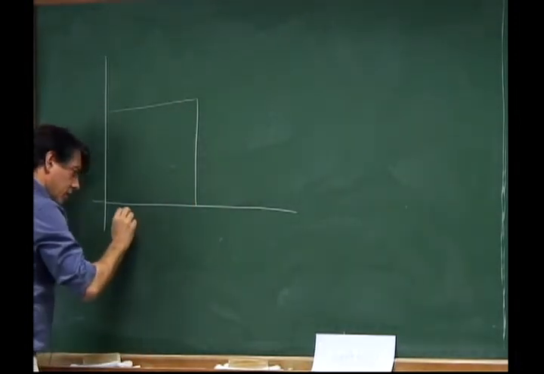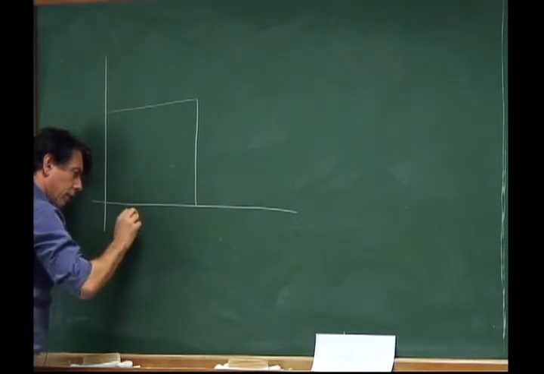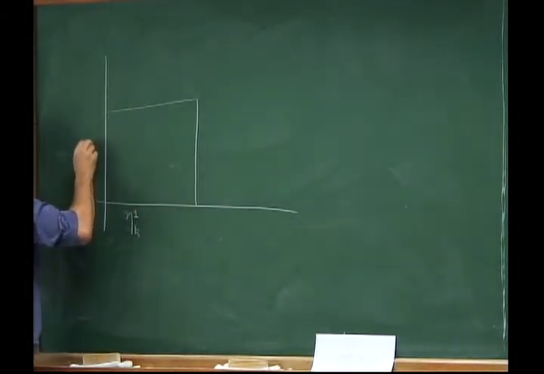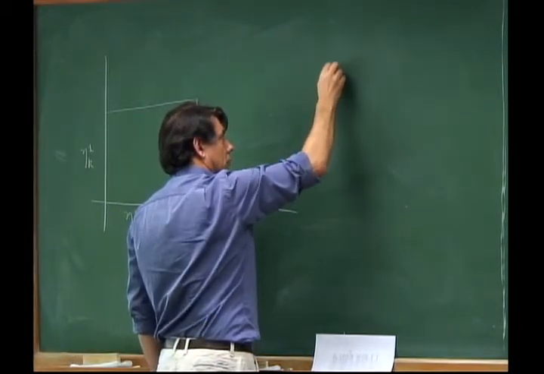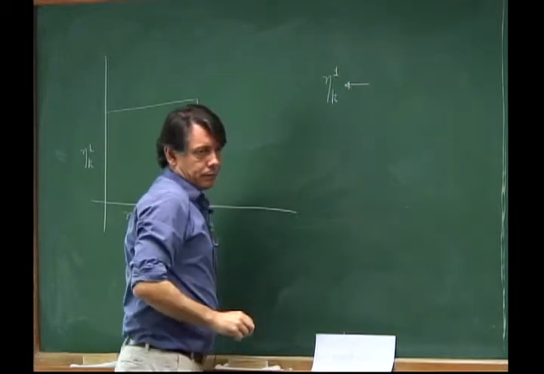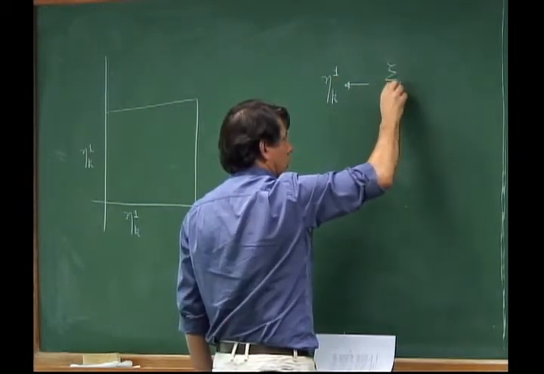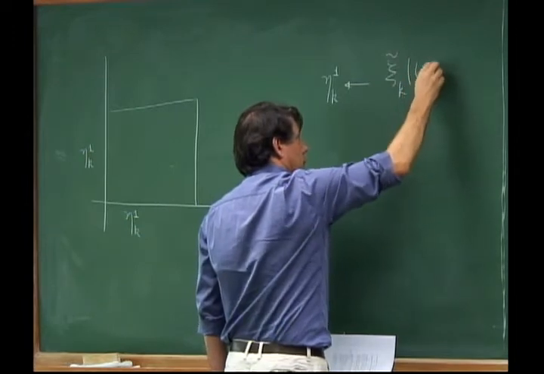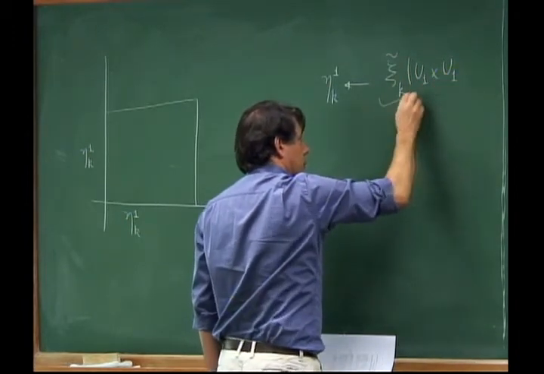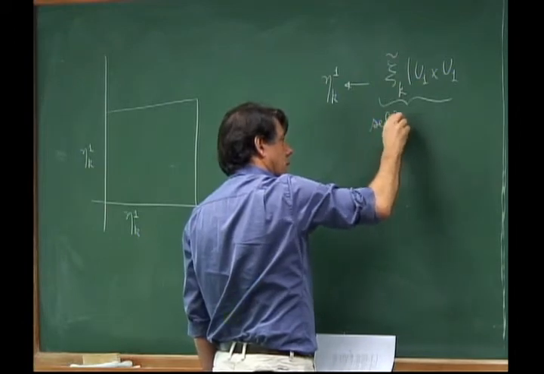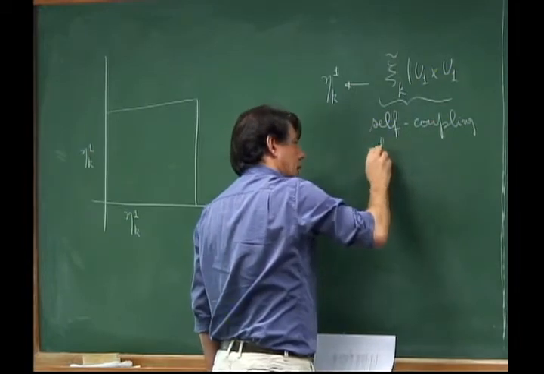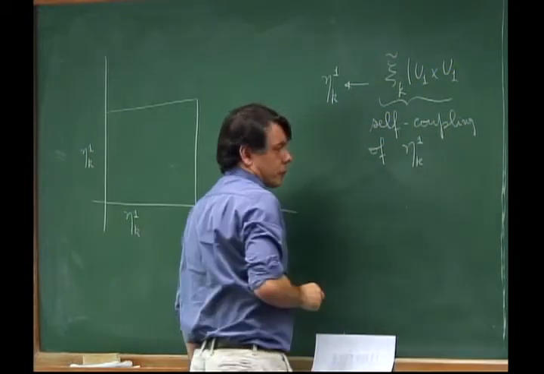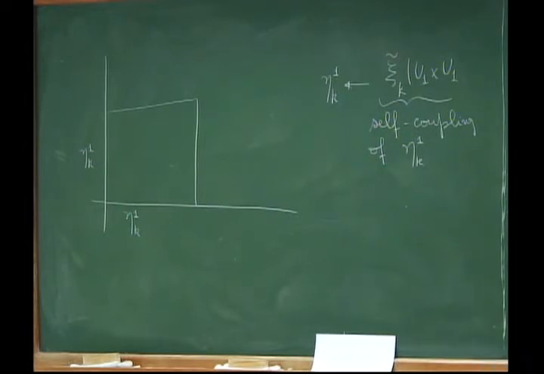We have here a measure at K1, and for eta K1 we have a very nice self-coupling: C K twiddle restricted to U1 times U1. This is a self-coupling of eta K1, symmetric. All my self-couplings at this point are symmetric because, by definition,